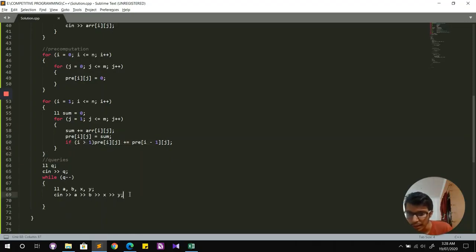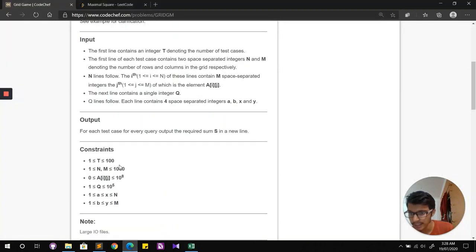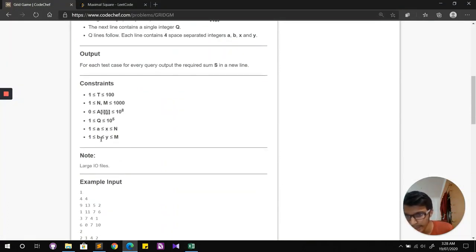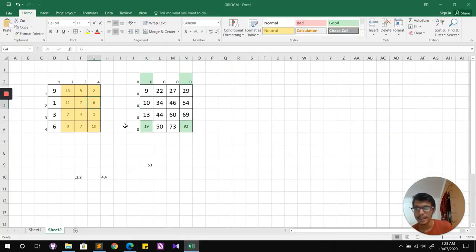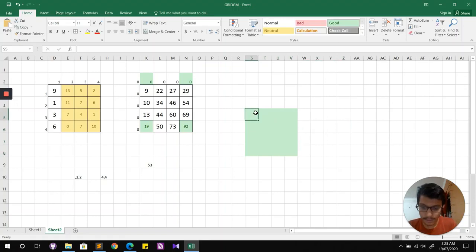Okay, so now we have the pre-computation part. Now we have the queries. Now how to output it? So a, b, x, y. If you see the constraints, it's given that a is less than or equal to x and b is less than or equal to y. Essentially meaning that whatever rectangle they'll be giving you, this will be a comma b, and this will be x comma y. For the general case, I will just figure out what these four elements are going to be.